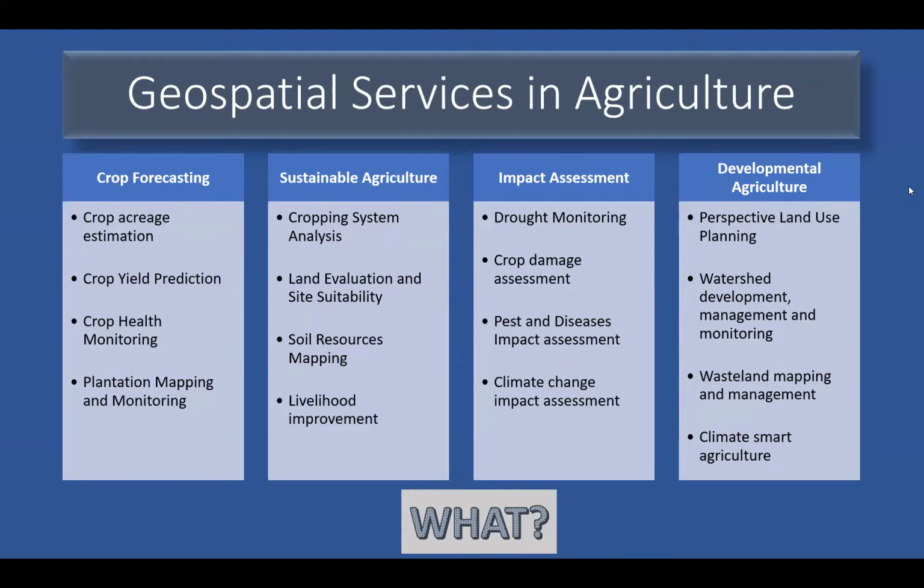Similarly, for sustainable agriculture, you can do land evaluation and suitability, soil resource mapping, and livelihood improvement. For each livelihood, whether it's a bamboo-based livelihood, a banana-based livelihood, or a farming-based livelihood, each livelihood-based data and information can be generated. The impact assessment, the disease impact, the damage assessment, and developmental projects like planning, perspective land use planning, watershed